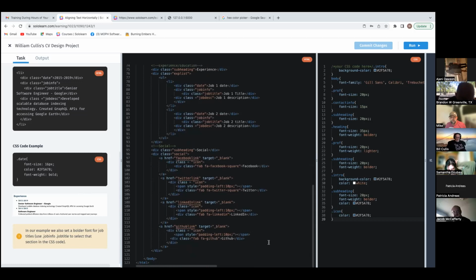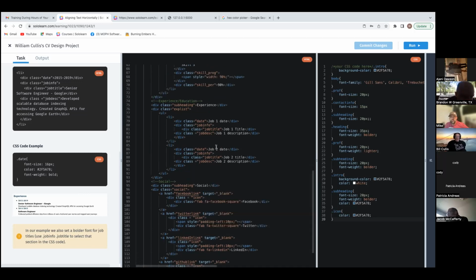So let's go ahead and add that on line 121. Where is 74? Experience / education, line 74. Oh, okay. Good catch, Cody. Okay. Does it have date and everything? Yeah, it's got date. Okay, it's got everything. So let's just go ahead and copy the CSS and paste that into our CSS. And run